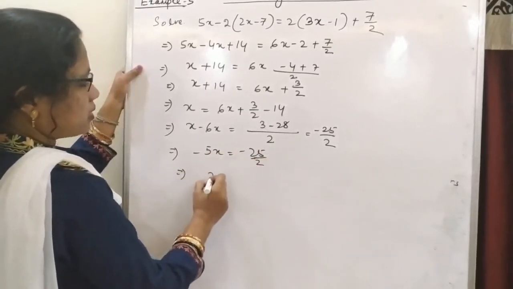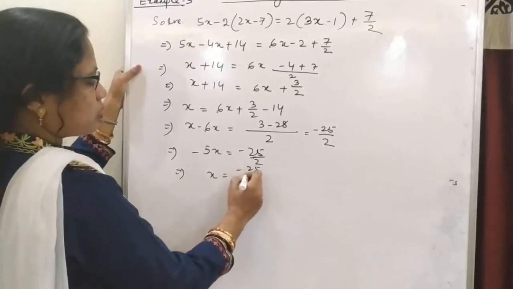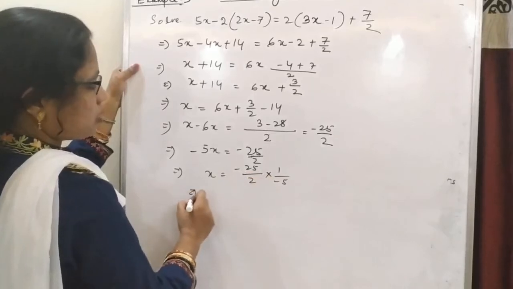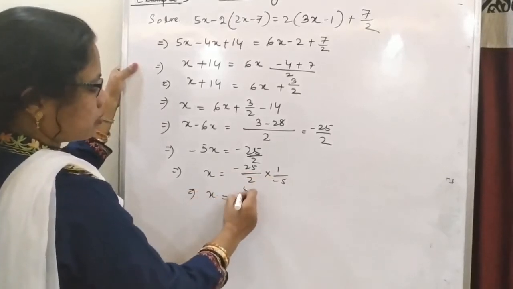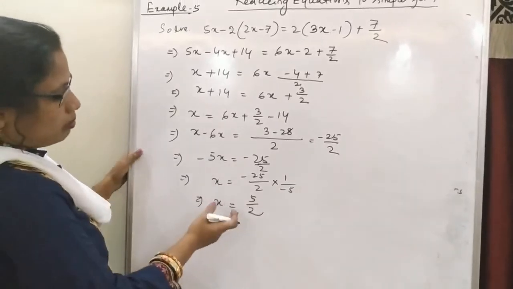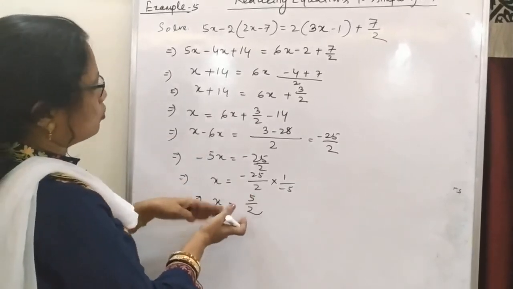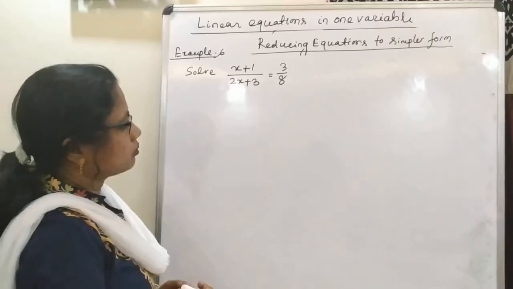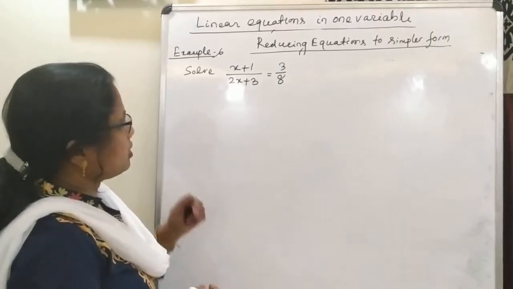So this implies x is equal to minus 25 by 2 times 1 by minus 5. So this implies x is equal to 5 by 2. So we can check it by putting this 5 by 2 in the left hand side and right hand side. Next example,